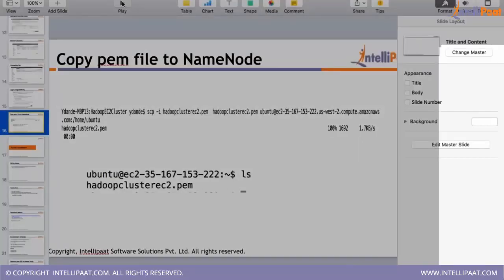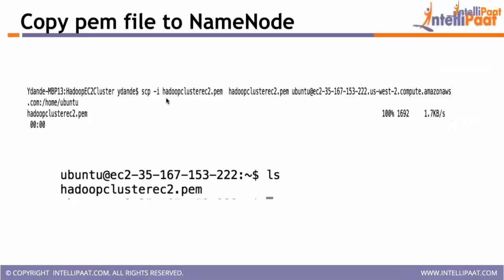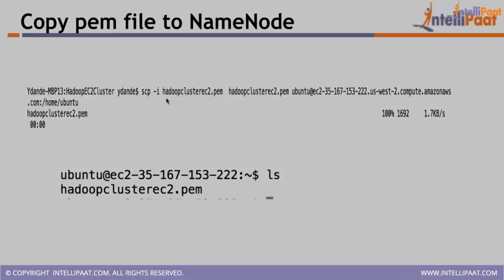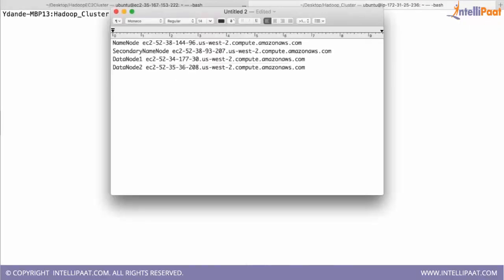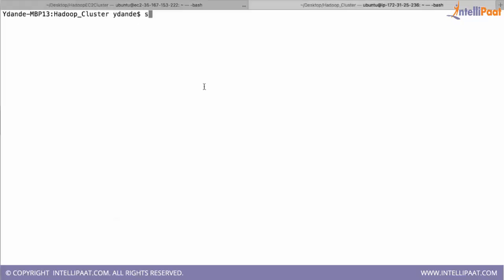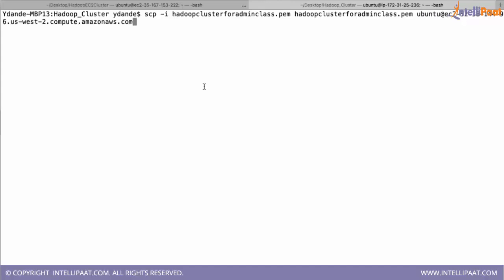So this is what we will do. We will SCP the PEM file to the name node. I'll tell you how to do that. This is the name node. I'll use a command called SCP, which means copying this file, to Ubuntu@this and to the location /home/ubuntu.